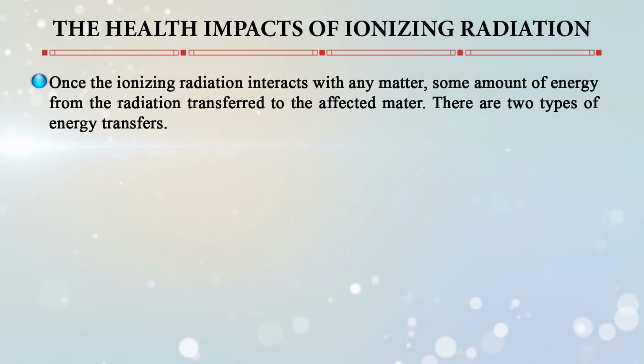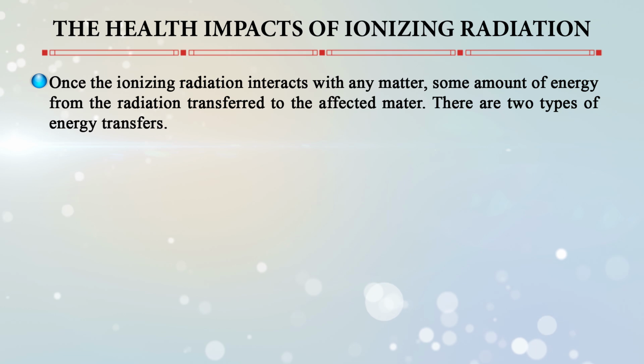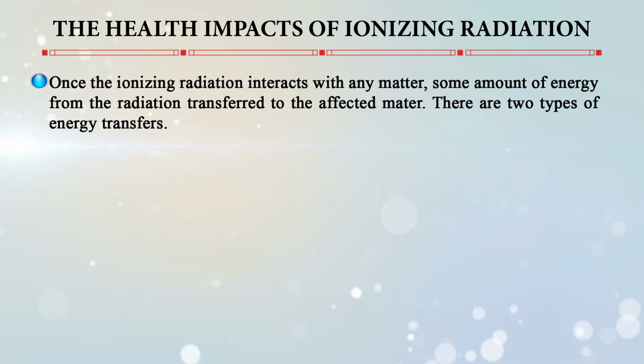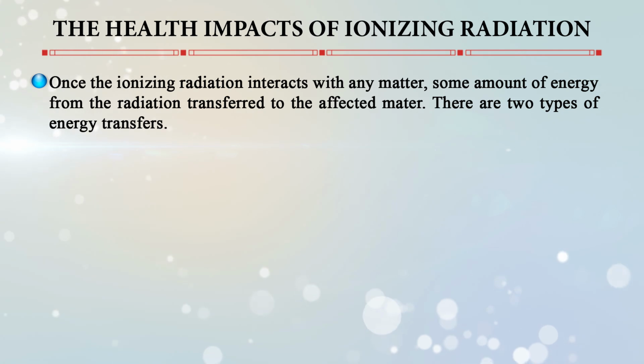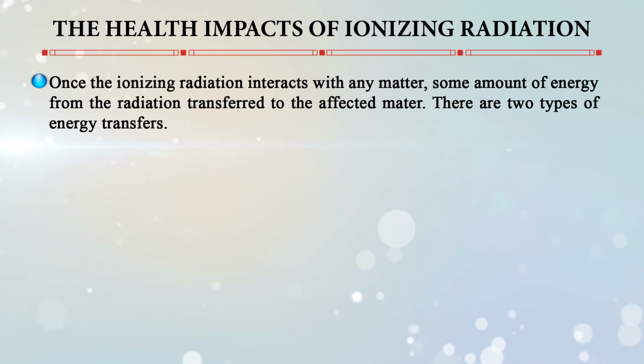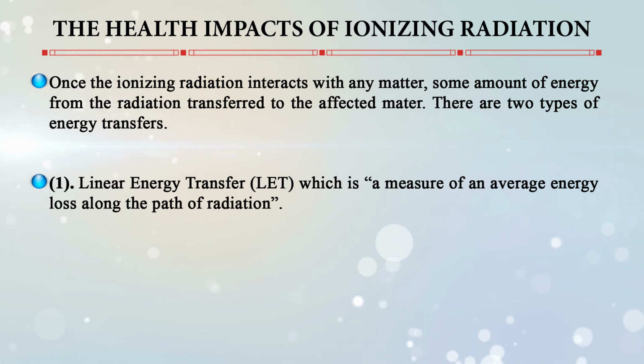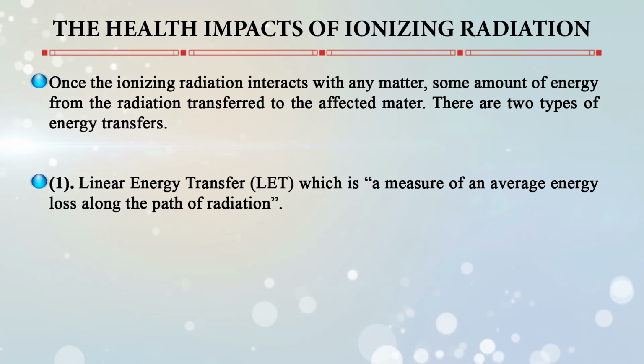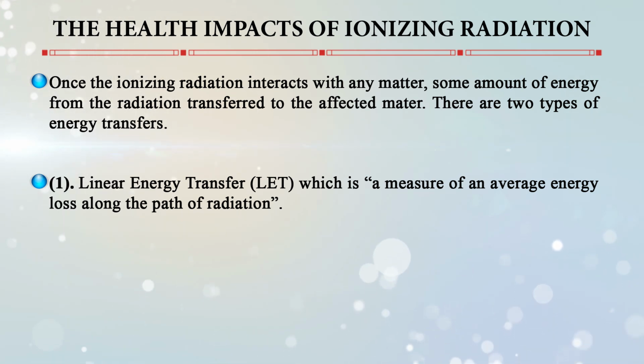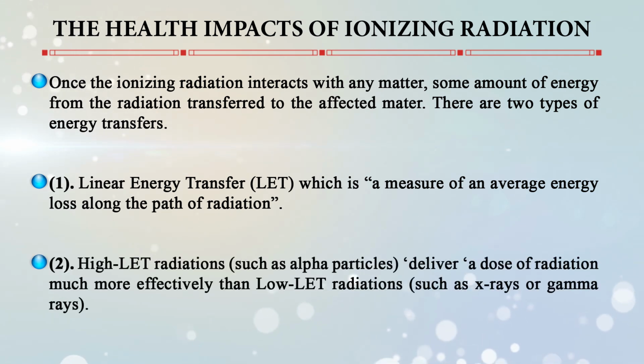First we will consider ionizing radiation. Once ionizing radiation interacts with any matter, some amount of energy from the radiation is transferred to the affected matter. There are two types of energy transfer. One is linear energy transfer, normally called LET, which is a measure of the average energy loss along the path of radiation. The second is high LET radiation, like alpha particles, which delivers a dose of radiation much more effectively than low LET radiations like X-rays or gamma rays,